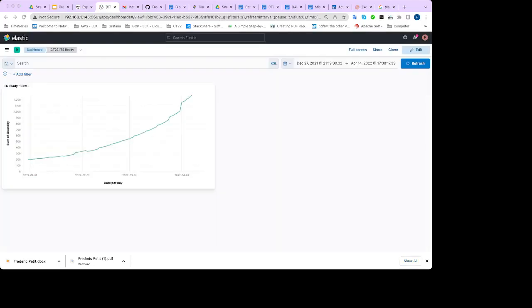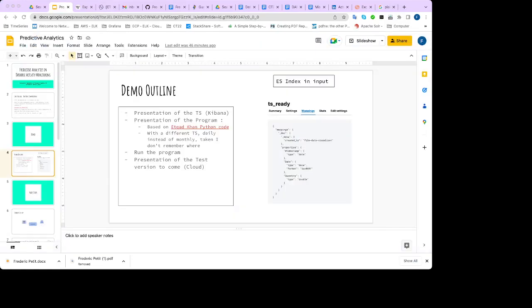This is the time series I will be using, and for which I'm going to compute a prediction. I don't really recall where I got this time series, but just the format of the index in Elasticsearch